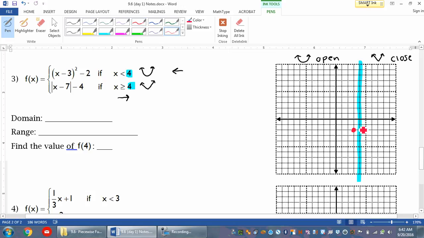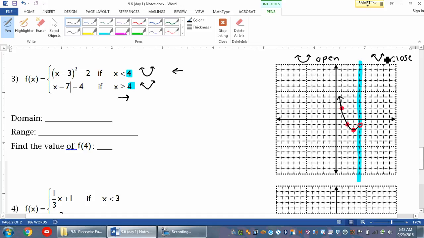What type of circle do you have? We've already determined that. That's open. Now, can I continue to go right 2, up 4? And your answer is no, because you're on the absolute value side of the graph. So now you're going to keep going left 1, up 1, left 2, up 4. Now be careful when you connect and you actually draw your quadratic. We're starting at the open circle and then we're moving on. We don't continue the arrow over here because on the right side of that blue line, I have to have